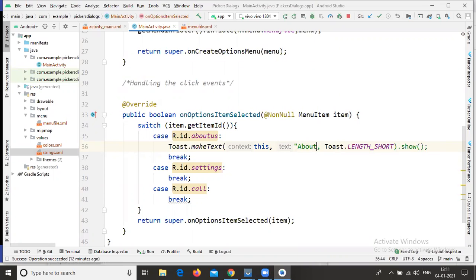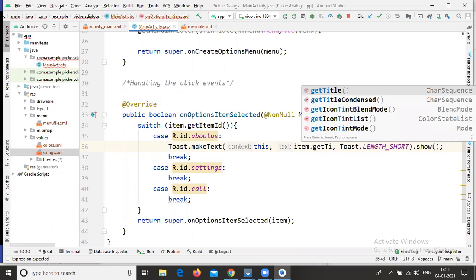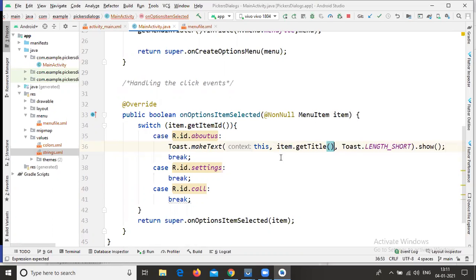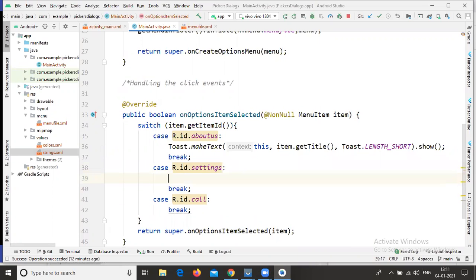So just remove these double quotes, and instead of double quotes, you can write item.getTitle. Okay, item.getTitle. You can write this statement in the remaining cases also.